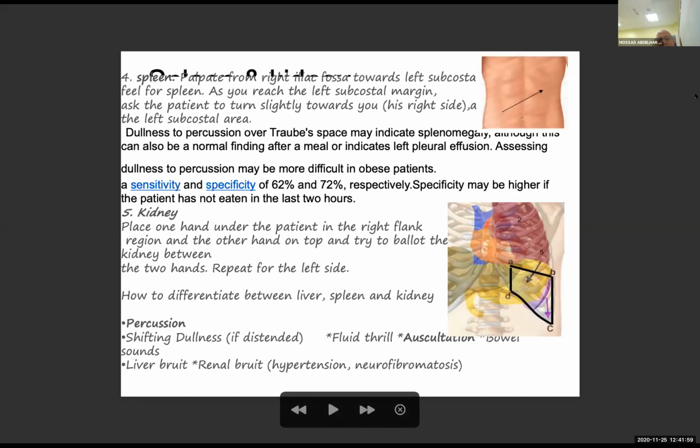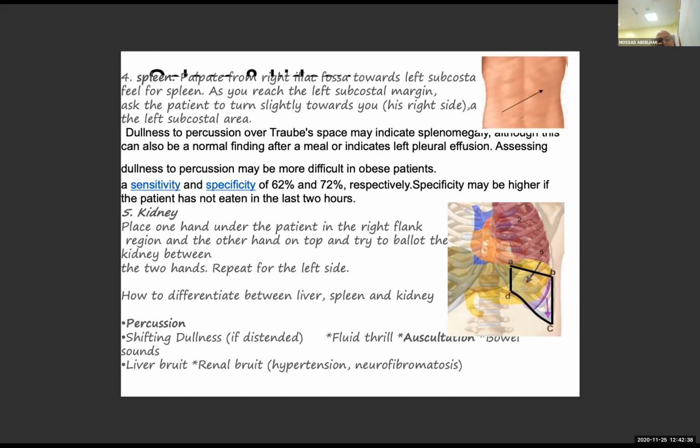How to differentiate between liver, spleen and the kidney, we will speak about that after you finish the three organs. And please remember, we are commenting about three organs: liver, spleen, and the kidney. Many of you are missing the kidney. Even at the end of the exam, we ask them, what about the organs? Yes, no hepatosplenomegaly, doctor. Okay. Any organ do you need to examine again? No, I forgot. Even if he is examining for nephrotic syndrome or nephritis. So it is very important to comment about the kidney.